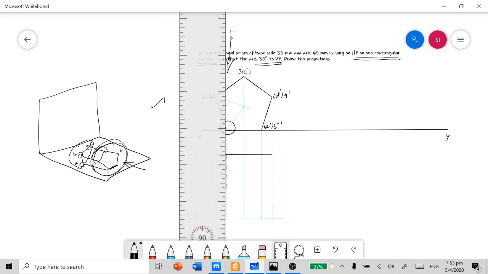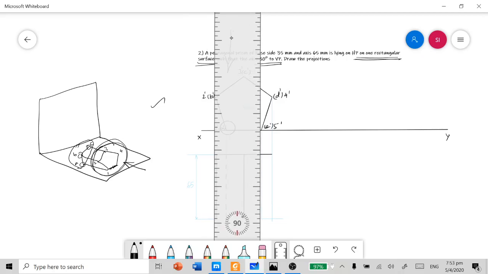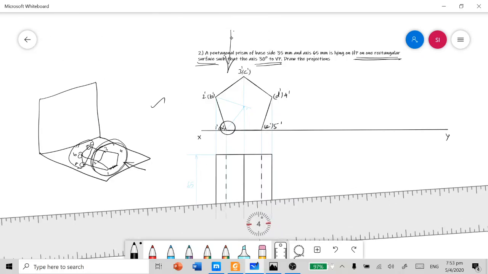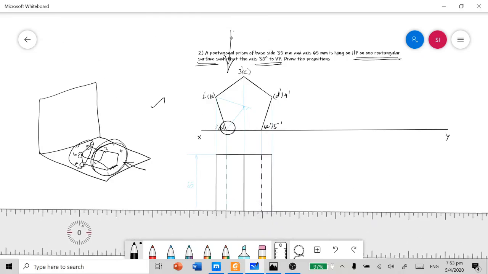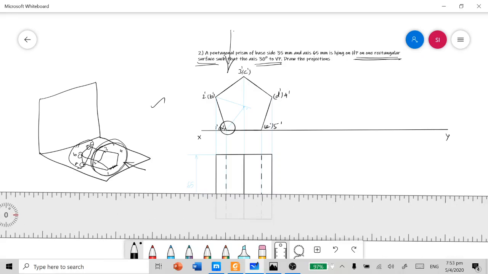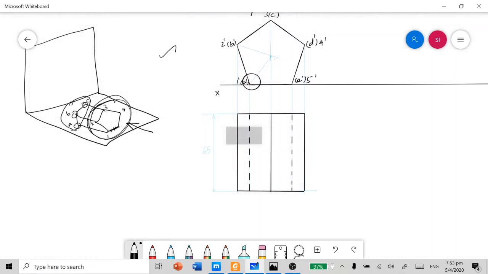The edge 3C is a perfectly visible edge. Again the edge E5, when you look at it from the top, is an invisible edge, so you have to show it with a dashed line. And again the edge D4 is a visible edge. So this is the lateral view of the solid, and you can continue the naming.